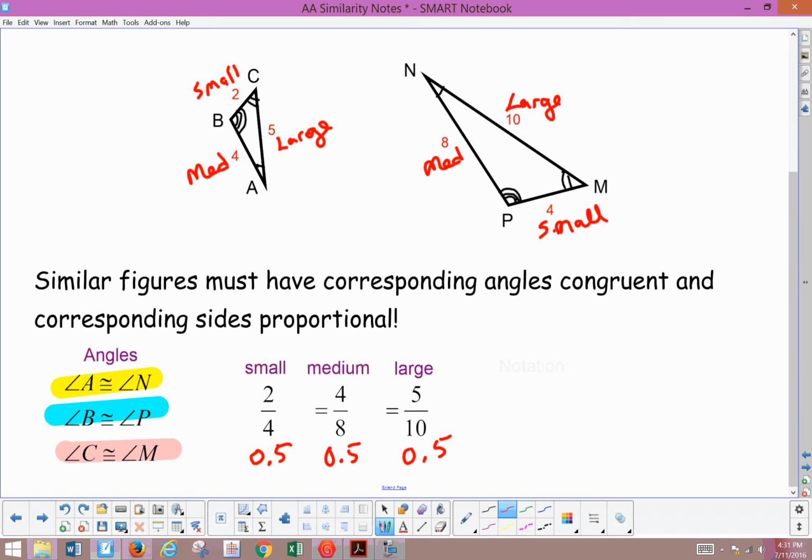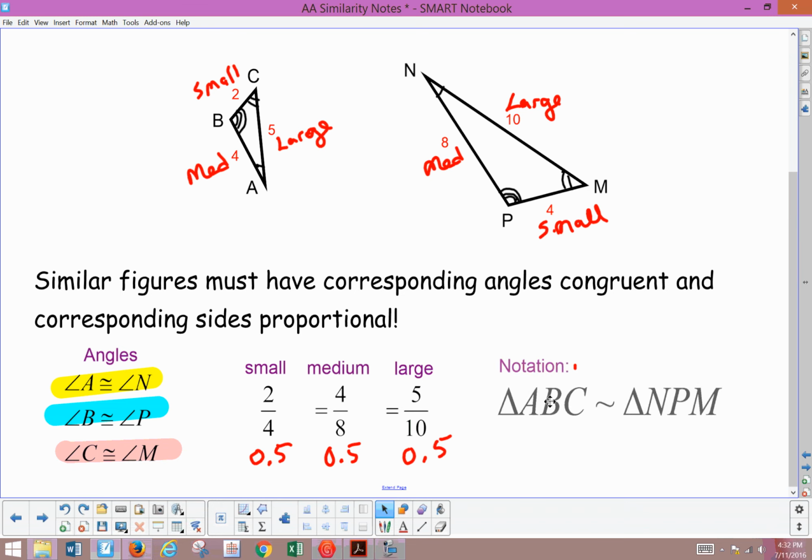So the corresponding sides, meaning the small to the small, the medium to the medium, and the large to the large, are proportional, meaning when I make the ratios, they are the same. Well, now that I know that all my corresponding angles are congruent and my corresponding sides are proportional, I can actually say that these figures are similar. Now the notation that we use for that looks like this. When we write the notation for similarity, it's very important that you pay attention